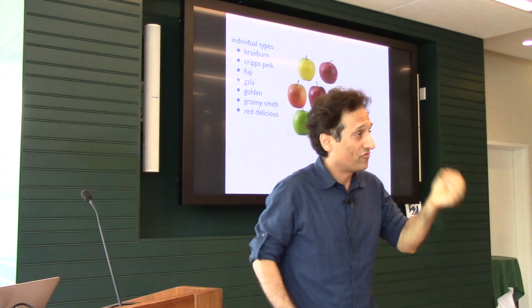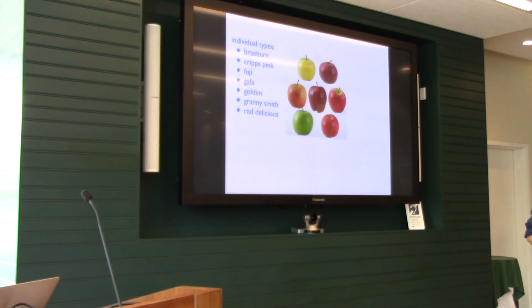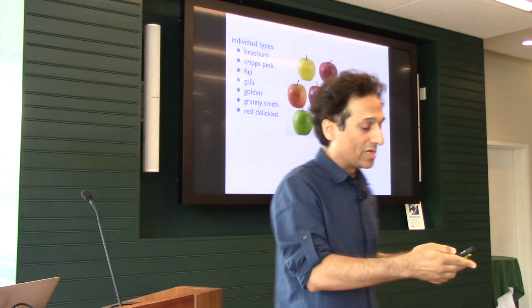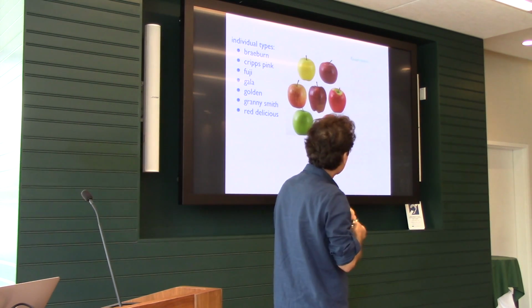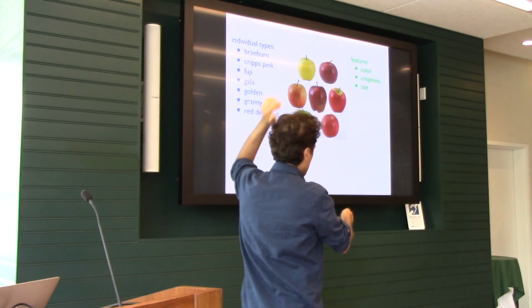Yes, for every individual item in the world, you have to experience it many, many times to get an accurate estimate of its value for you. So you may die before you figure out the types of apples, forget about other things. Another thing you could do, which is the heuristic that I'm going to talk about, simple learning, is